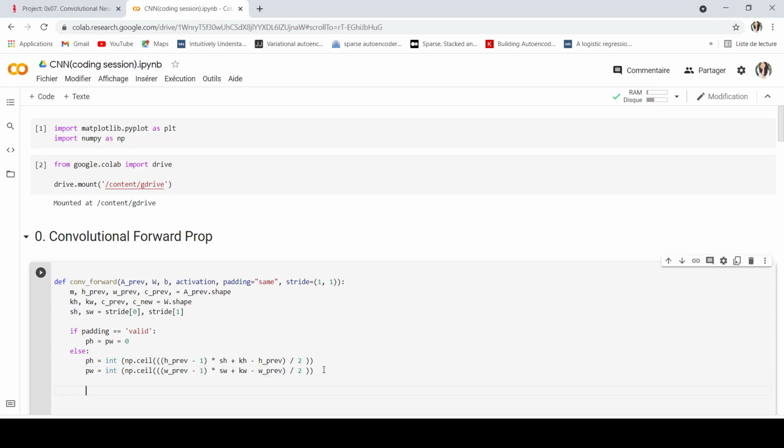Now let's calculate the dimensions of my output. So oh will be the dimension of the height.